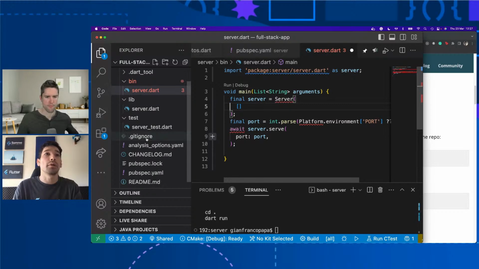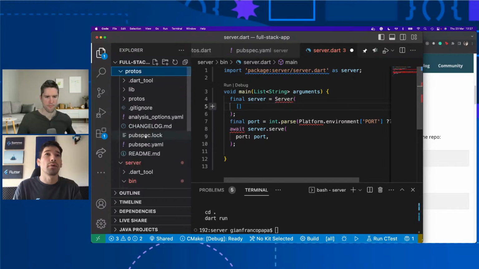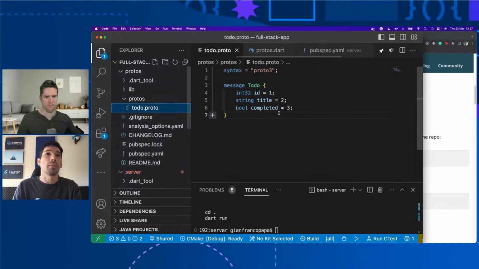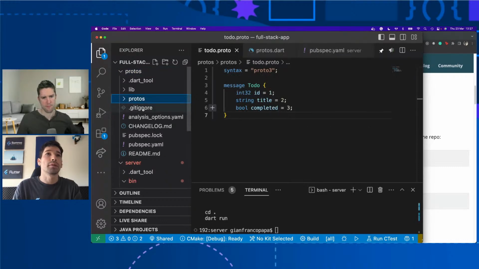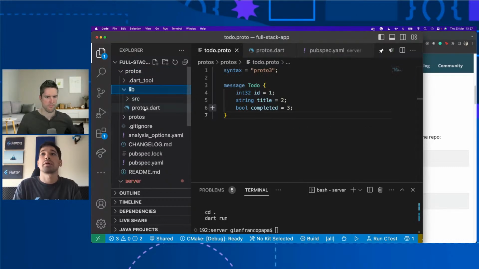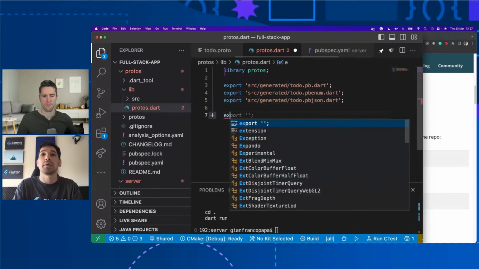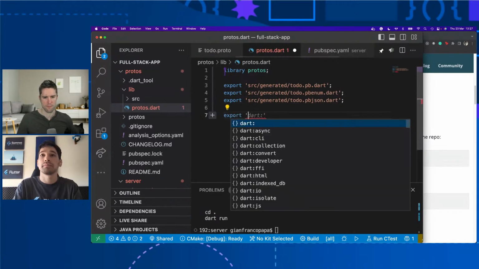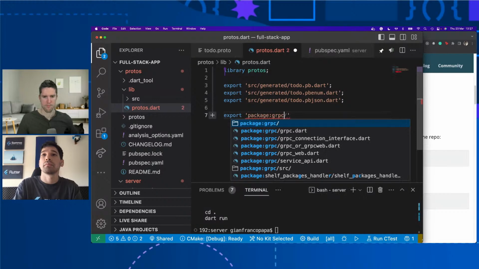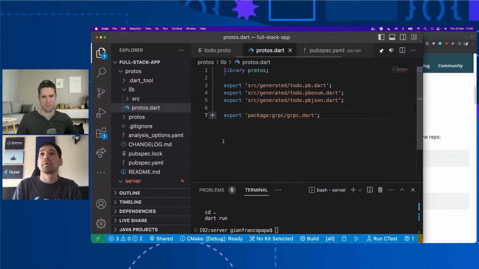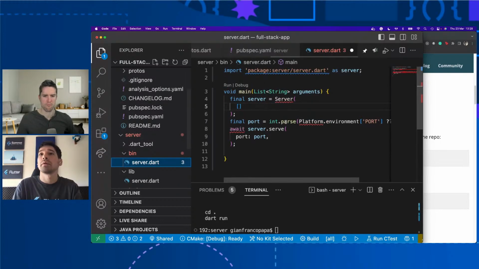We can actually export it from the proto library. Let me see inside lib. We can export the gRPC package as well, so we can start using it in our server.